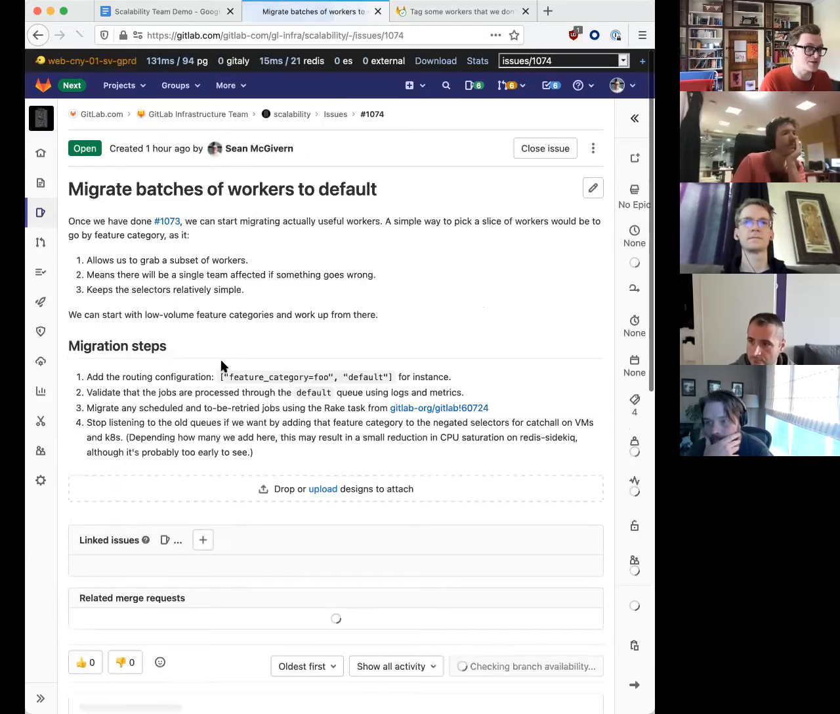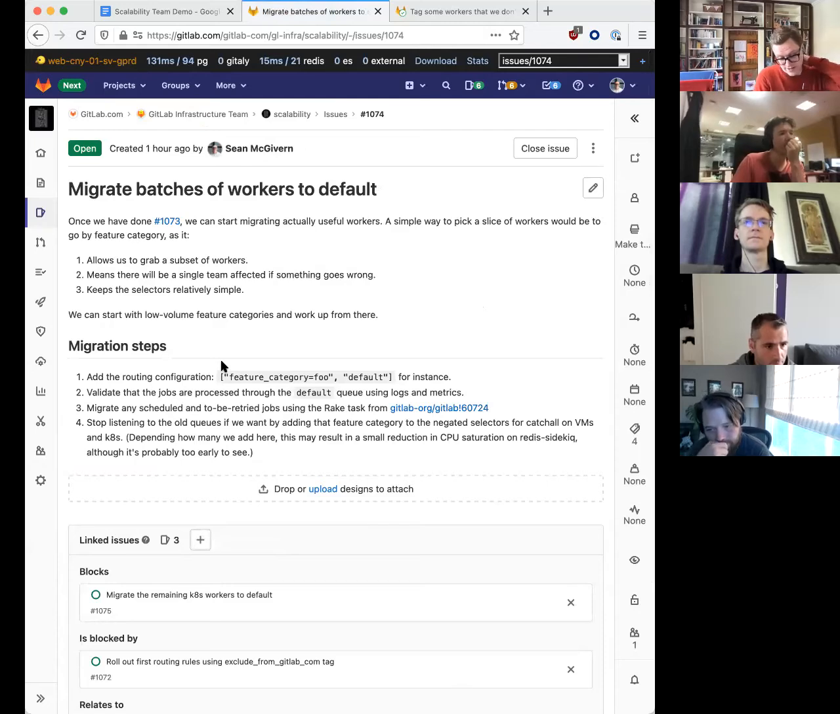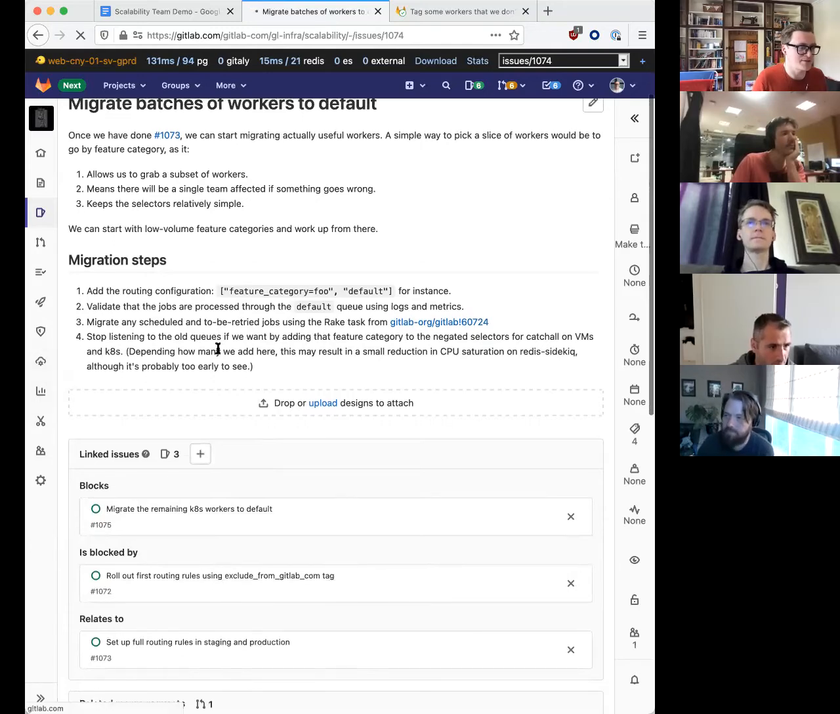actually migrating workers that do stuff. We're not set in stone on this, but one way we thought might be reasonably neat might be to do it by feature category, because we have some feature categories that represent fairly low volume workers, and then we don't get back into the situation where we have a bunch of things selected by name that we then need to untangle. We can just do it by feature category. And if it breaks something, we only have one team to talk to when we break it, because only one team will own that feature category. So that was a nice thing. It's a shorter selector, and then once we get to the final stage, we would be simplifying again, because we'd be removing